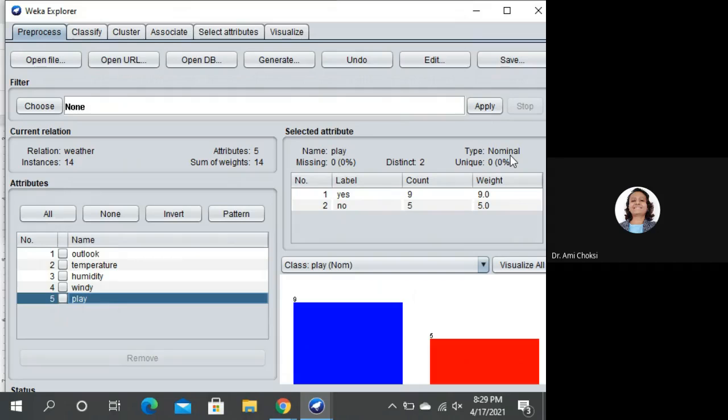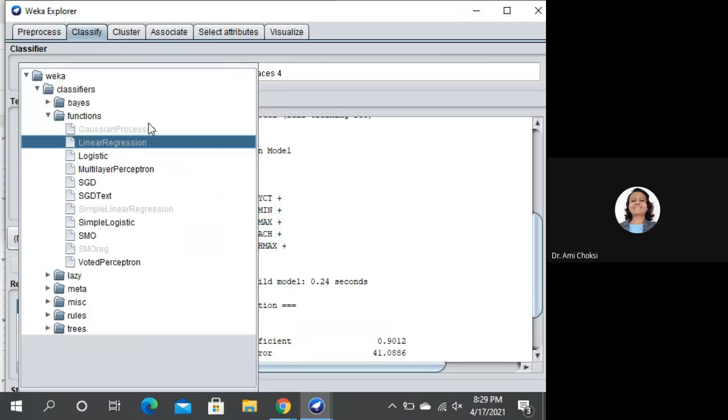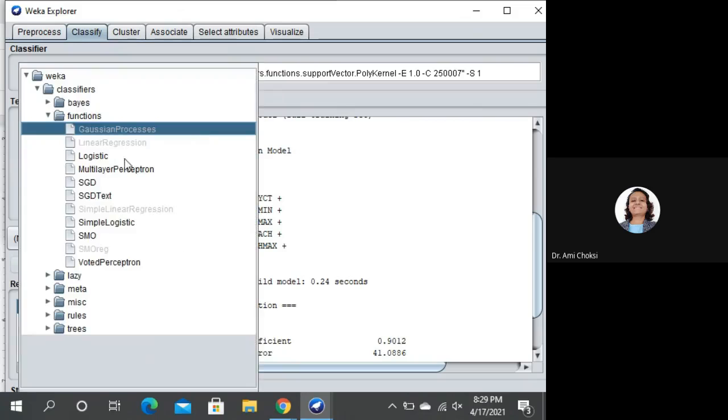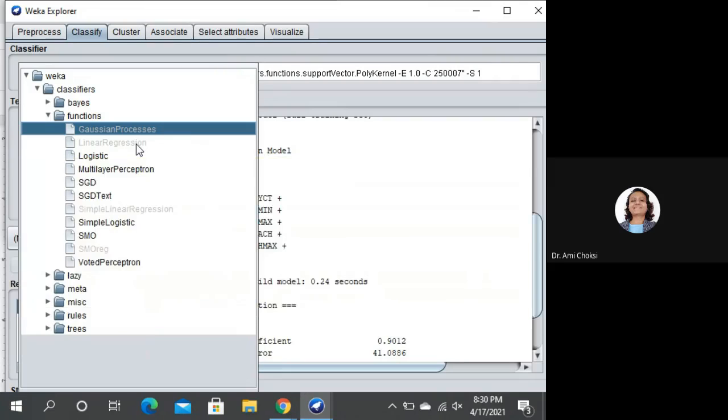Now, the way we apply a classification algorithm or clustering algorithm or any algorithm, let us try to have linear regression. Say Classify, choose. Now let me see here. We can see this linear regression is not active, isn't it? This is not active, as it must have all the attributes of type numeric.